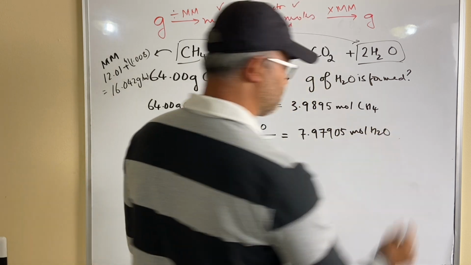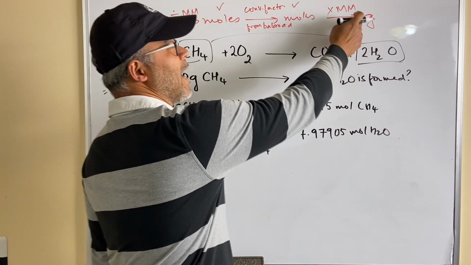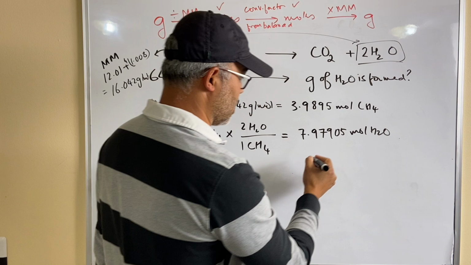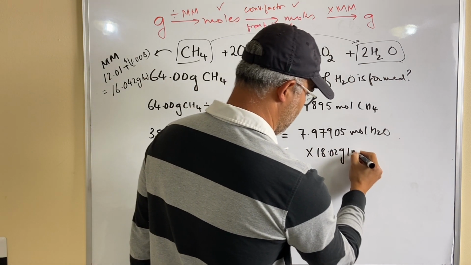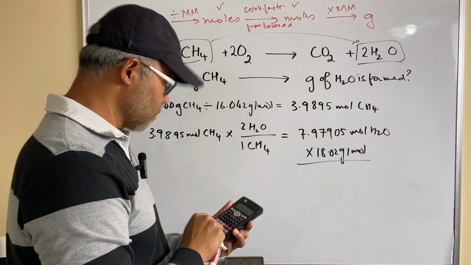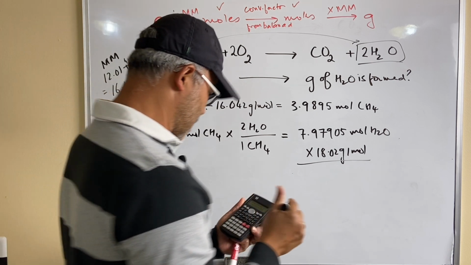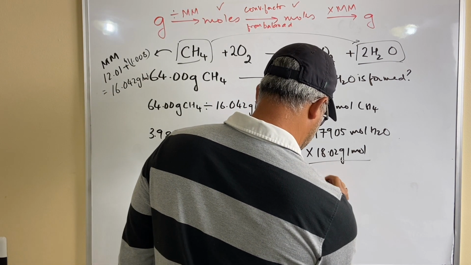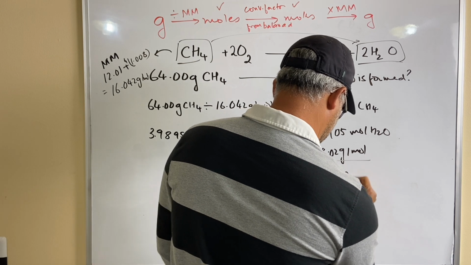moles water. Now I have to take those moles of water and convert them to grams by multiplying by the molar mass of water. The molar mass of water is 18.02 grams. If I multiply those two together, I get 143.7825